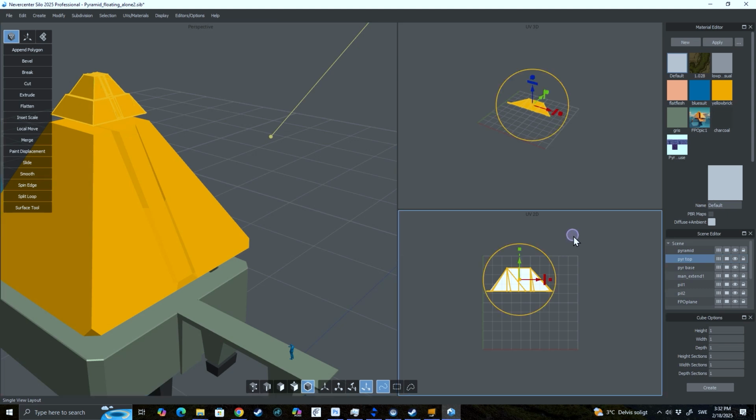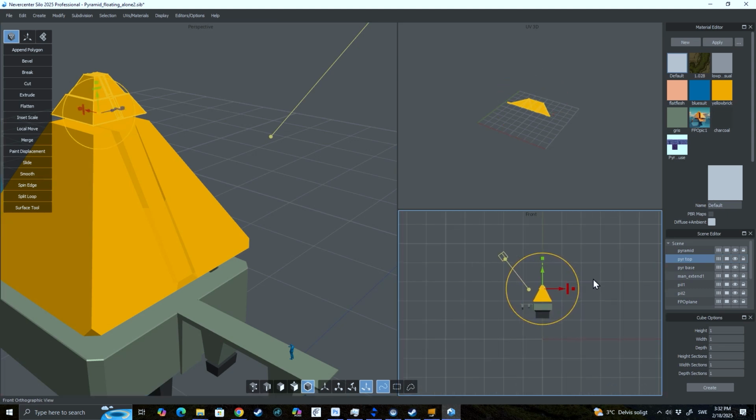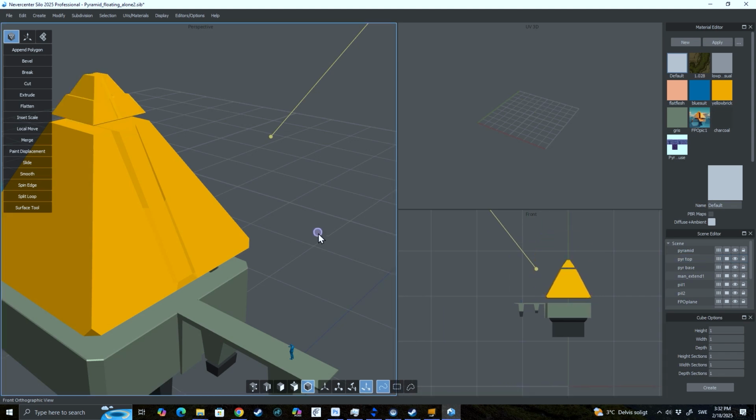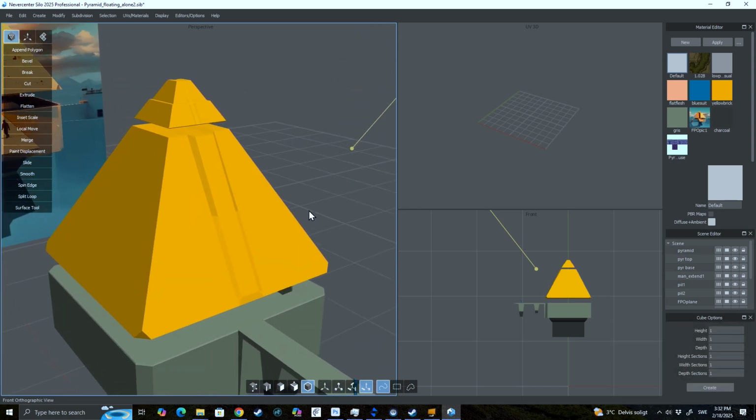You can change any of these to represent, you can have the front view. This is pretty handy so you can view in perspective and front at the same time. A lot of 3D programs have this kind of view pane navigation. I like the way Silo has it set up. It's pretty straightforward. All right, I'm going to go into UV mapping next, but I thought this was helpful